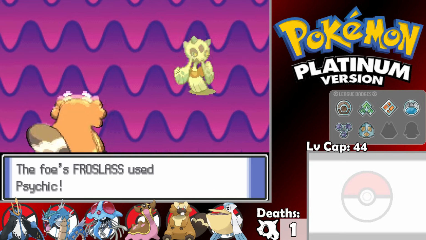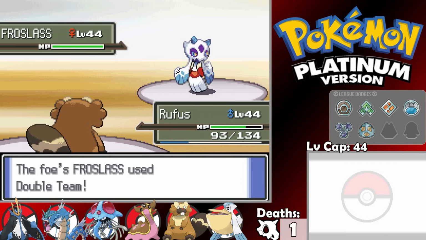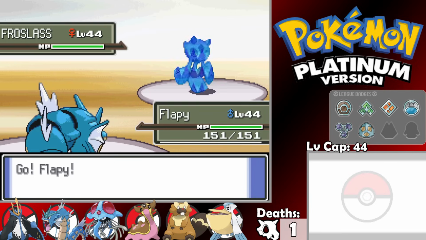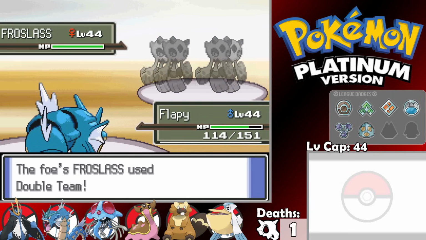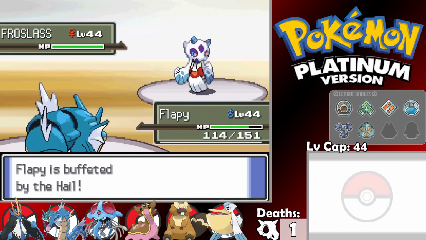I choose Rufus, and luckily she just used Psychic. I use Protect to stall the hail, but she just uses Double Team. Now I have to swap again, and I send out Flappy that takes the Psychic. We used Dragon Dance once, while she kept using Double Team. Luckily, she was just spamming it, so we eventually hit the Aqua Tail that one-shots Frostlass, defeating Candice and getting